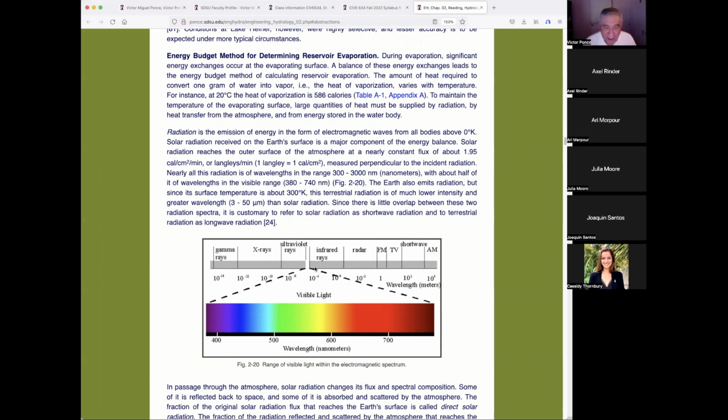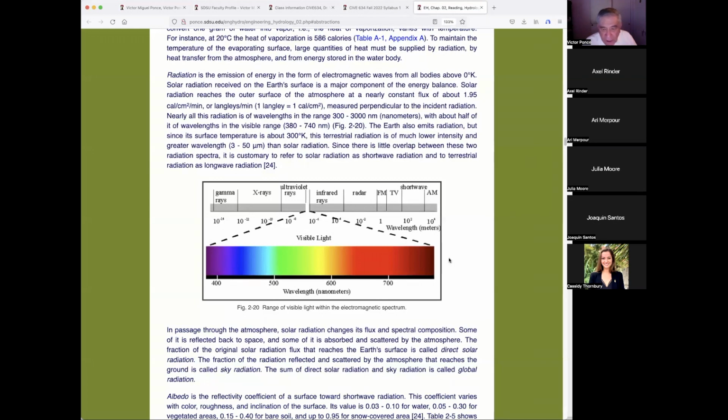That's radio. But for our purpose, the part over here, which is called the visible range, can be expanded into the colors of light. And light has colors. These are the colors of light. That's why we have the rainbow. If we have the atmosphere and it starts raining and there's sun, then the sun energy or light is diffracted by the raindrops, and it creates the rainbow. So you can see these are the colors of the rainbow from ultraviolet through infrared. The ultraviolet are shorter, and the infrared is longer, as you can see. This is a reverse scale, and that's the reason why we can see red faster than we can see green, and that is the reason why